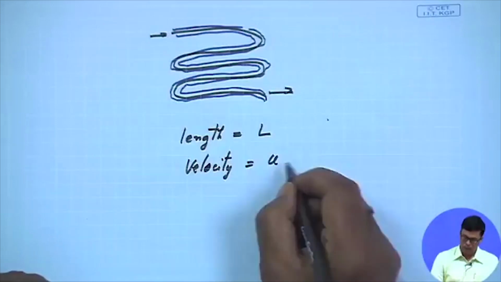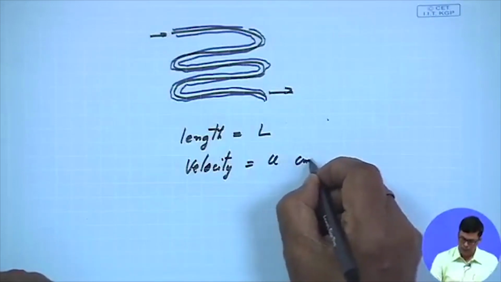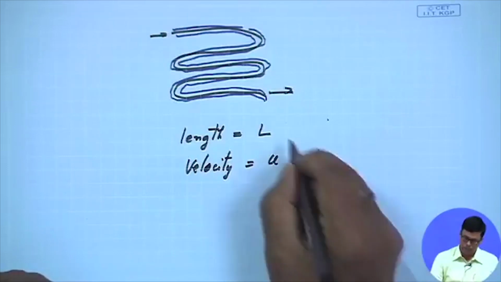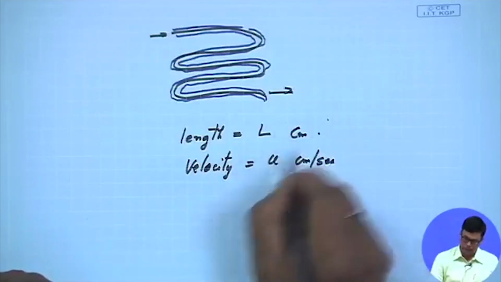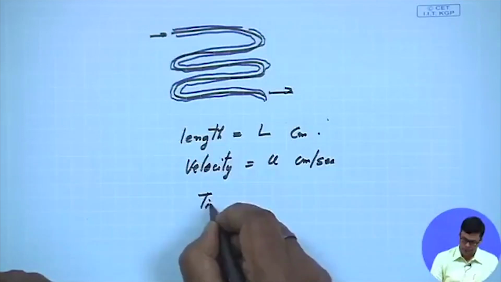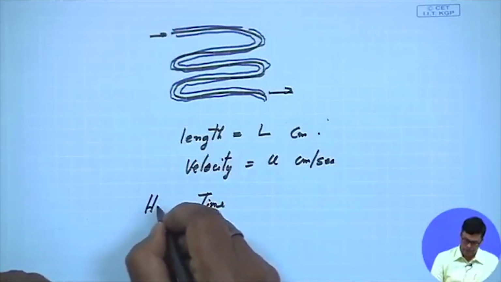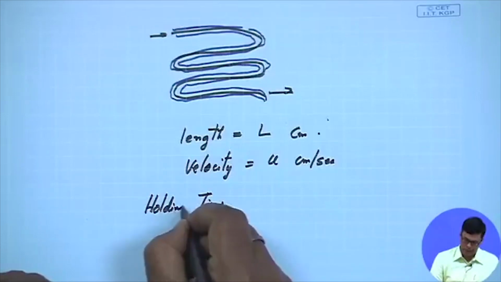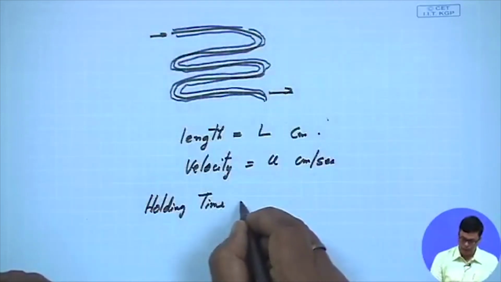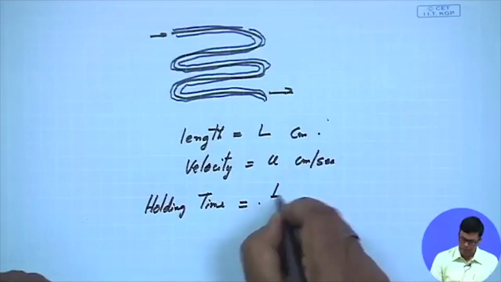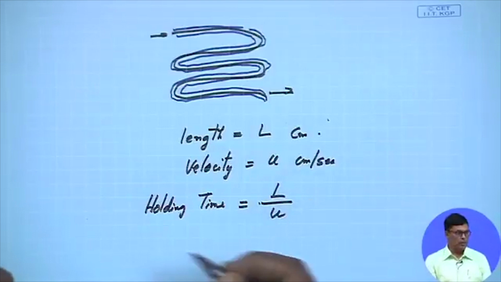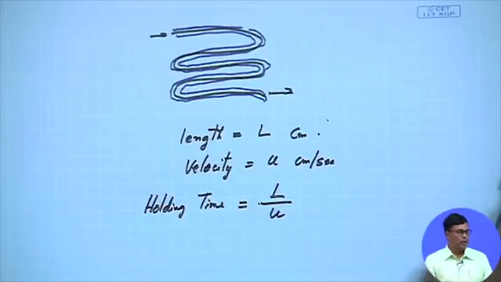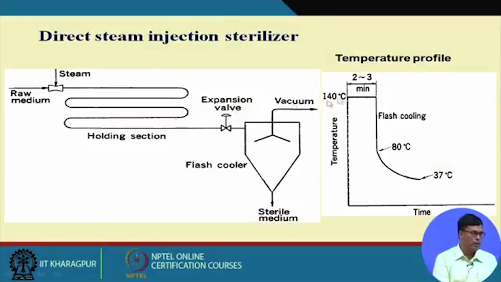u. What is the unit of velocity? Centimeter per second, am I right? And what is the unit of length? It is the centimeter. Now the holding time that the liquid resides in the holding section will be L by u. So you divide, and you can easily find out. Suppose you want 2 to 3 minutes holding time, you can adjust accordingly. Then there is the expansion valve, and through it the media expands